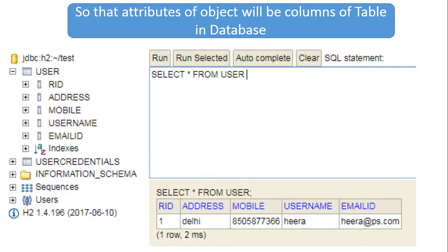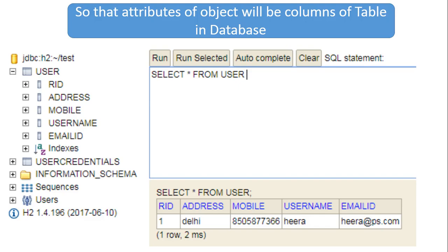The attributes of the object will be the columns of the table in the database. This is my H2 database, where you can see this is the user class, and all the attributes appear as column names. I inserted one value from the user interface, and the table was created automatically in the H2 database.